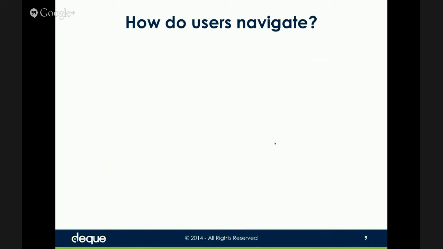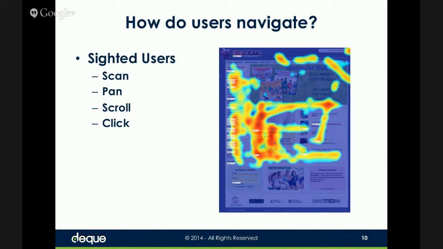So okay, we've looked at the context in which navigation is getting created today and the trends that are driving it. So how do users navigate? How do they navigate sites and applications? Well, let's look, for example, at sighted users. What you see on the right-hand side is a heat map, something that's used